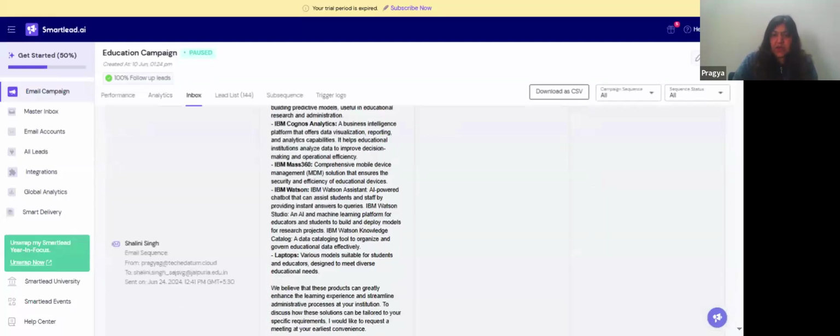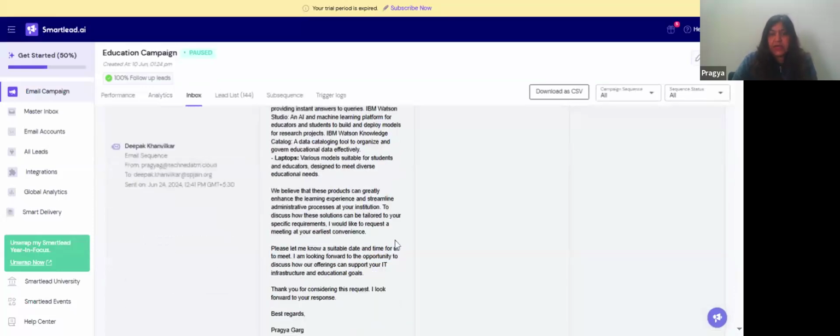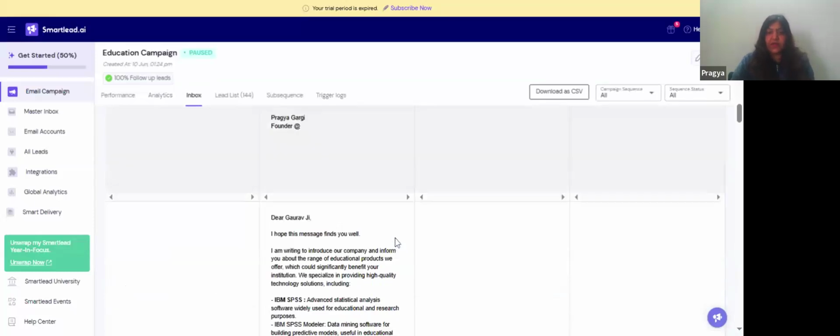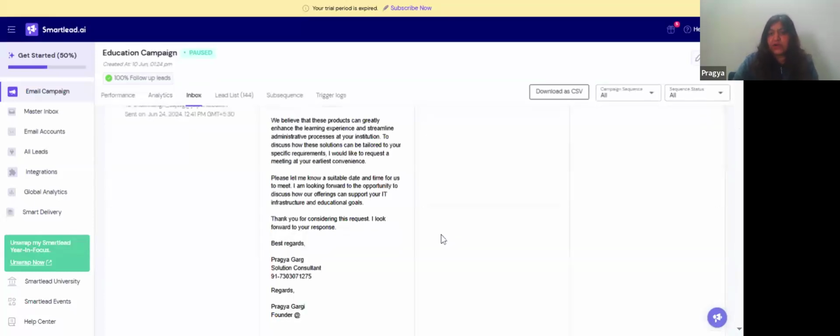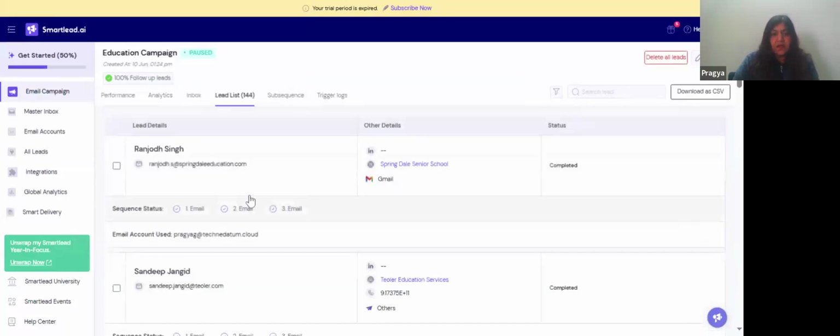And this was a sequence that I had set up. I had done A/B testing. You can do that. If something works for you, you need to manually check it out. That's very, very important. The text needs to be very directed. I had got decent leads from here as well.